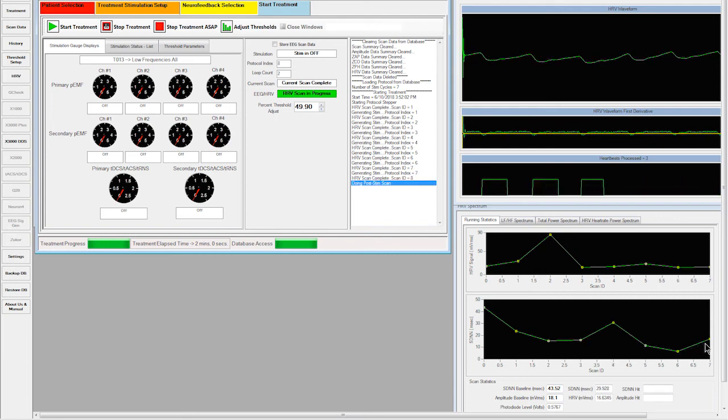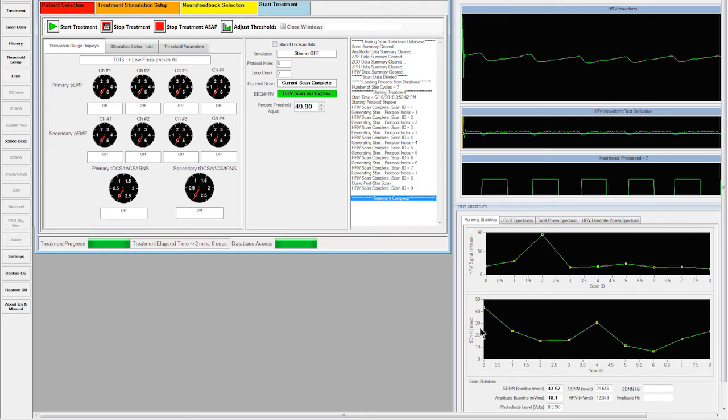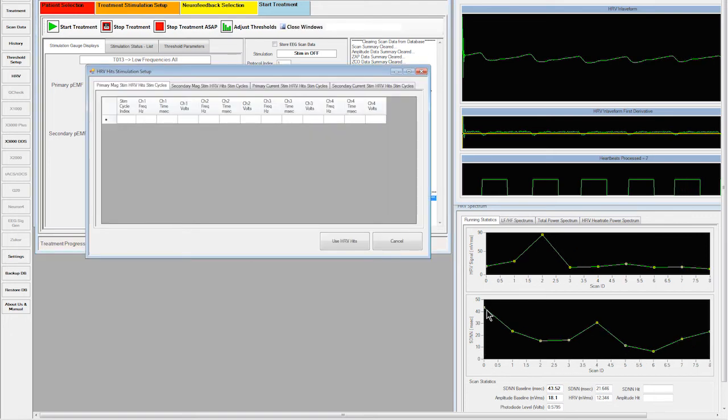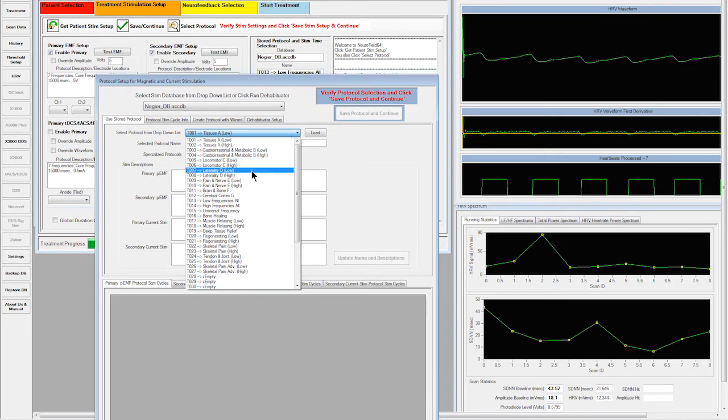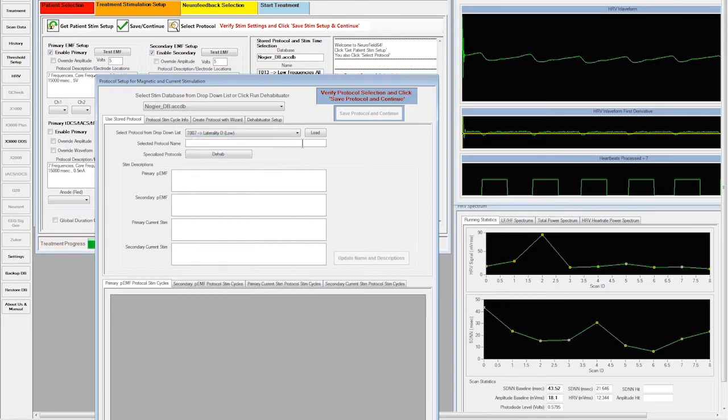Okay, so we did 7 from this. The baseline is much higher, so we didn't get any hits. As you see in this table, there are no hits. However, we can tell just by looking that frequency 4 got the biggest increase in heart rate variability. So, frequency 4, I'm going back here. 4, this tissue is A, so 4, A, B, C, D. 4 would be laterality, D, low. We load that one in,